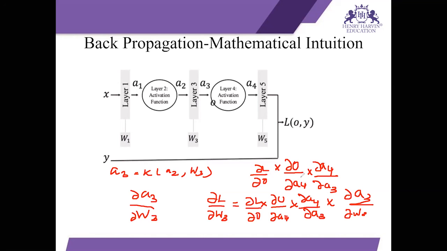Clear. And this is demonstrating the entire chain process. So the chain rule is actually very simple. We have to start with the derivative of loss with respect to the output. Once we do this, at every step, wherever there is a weight, we compute the derivative of loss with respect to the weight. And we also compute a gradient. This gradient is called the grad input, or the gradient coming in from the next layer. And this is always the size of the output. So here the size of this will always be the size of A4. And here it will be the size of A3. And this is how it goes on.